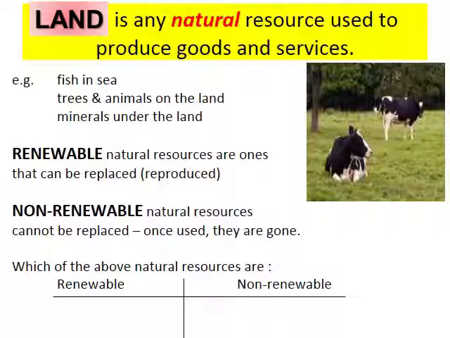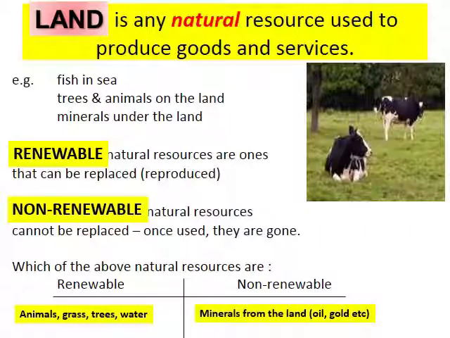But there are other resources that cannot be replaced, and so they're called non-renewable. And probably the most notable non-renewable resources are minerals from the land. And probably the most important mineral that comes from the land through the last century and still in this one is, of course, oil. Because oil is the natural resource that becomes petrol. And of course, petrol is used in all of transport, or most transport.